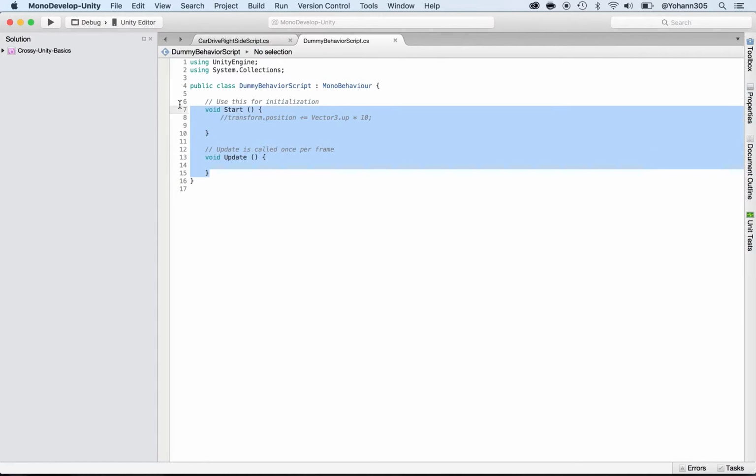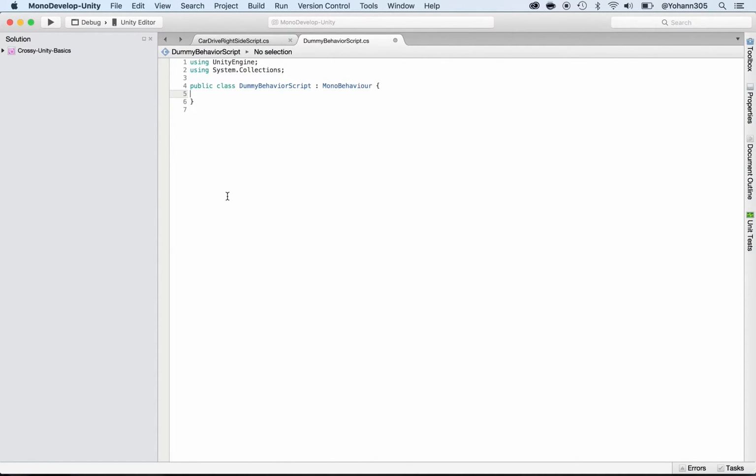So I'm going to remove this completely because we actually don't need that. What you see here is just the basics of a script file for a game object in Unity, and it's made of a class. So it's public, meaning that it's accessible by anything outside, but don't worry about this. Just know that at the beginning, if you're not sure, just use public all the time. And we're making a class, and the class name is DummyBehaviorScript, and it's taking its behavior from MonoBehaviour. So I know it might be a lot of things at the same time here,